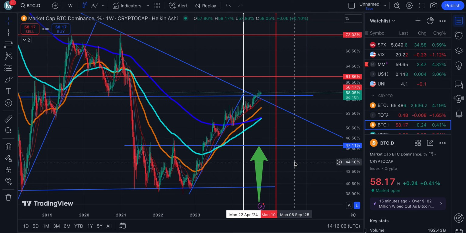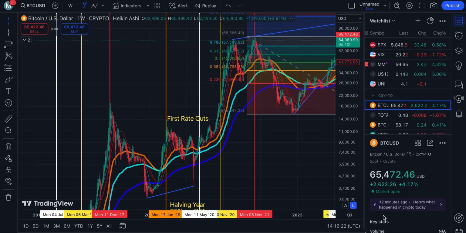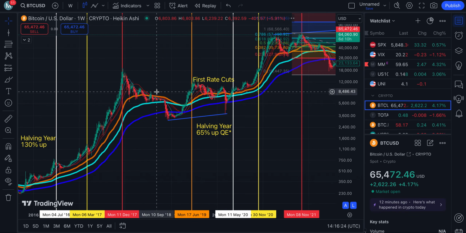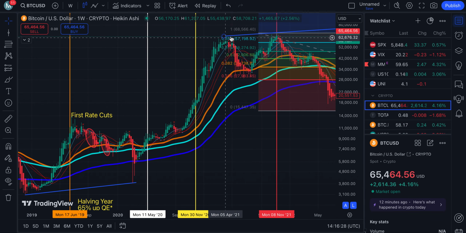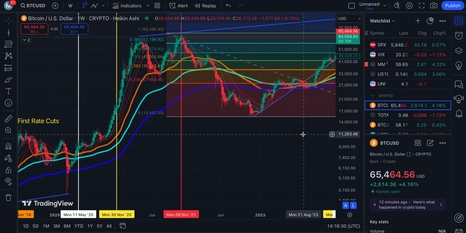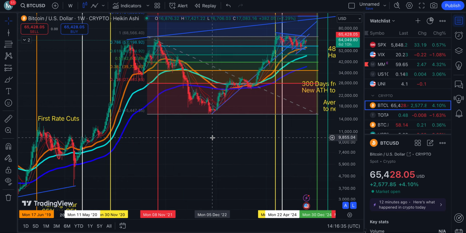So again, is now a good time to buy? It is. If you're retail, which I'm assuming all of you are, what hedge fund person would be watching this? But if you're retail, it's better to buy in here than down here. Okay, and down there, by the way, let's put this back on auto. When Bitcoin dominance is peaking, that's up here. Okay, that's up here and here. Okay, March top was up here. I believe we're more down here.